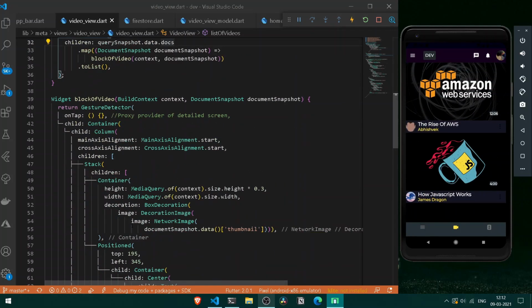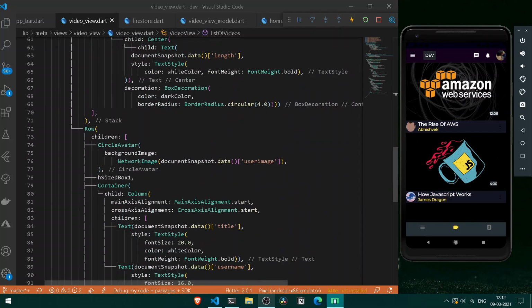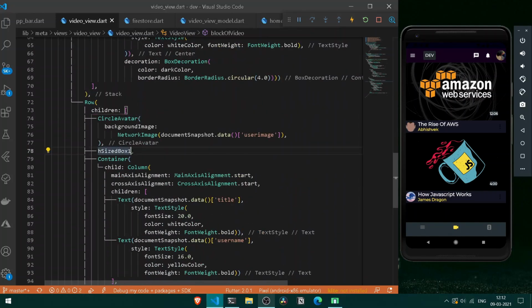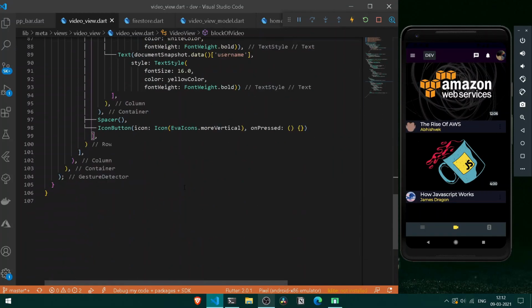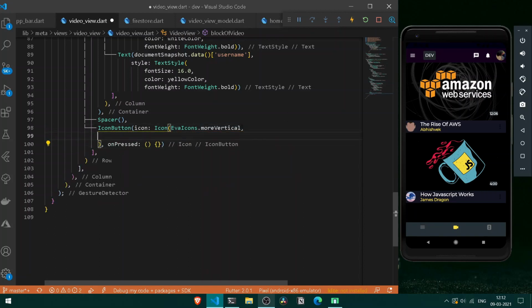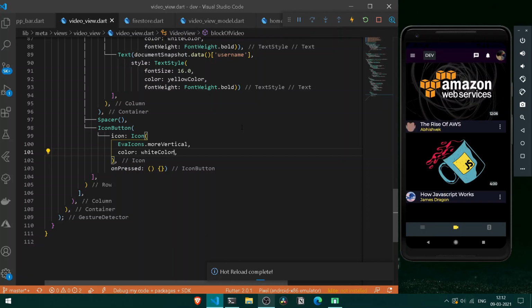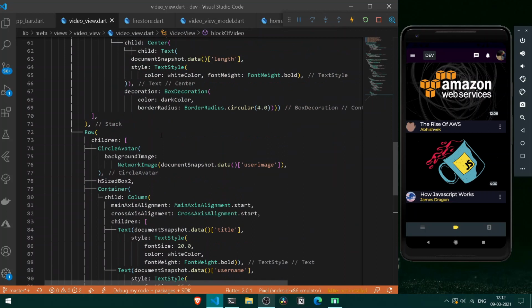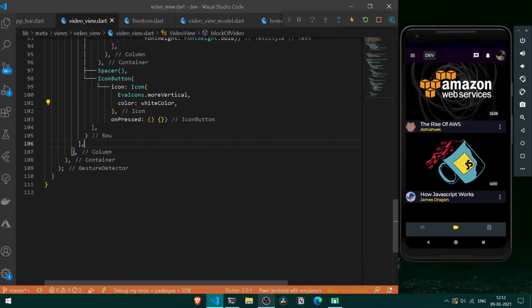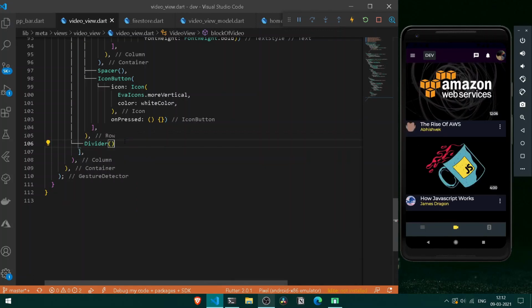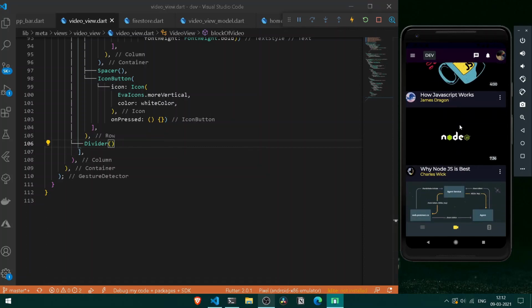you know what, let's do one thing, go at our entire row, and here under our row, let's have a size box of 2, that is a unit 2, and after that let's go at the more vertical thing. Let's come down here and have a color of white color, format document first. Cool. So now everything is looking more lit up. So let's do one thing, that is go here. After having the following row we shall be having a small divider. So let's have a new divider and format document first. Cool. So now everything is looking more lit up and managed.